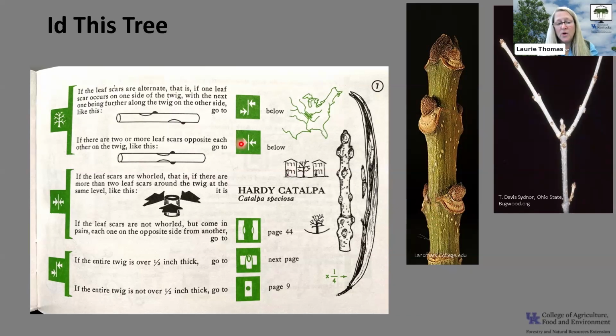So we're going to go below to the symbol, this next bracket where we've got the two arrows being opposite from one another. Now it's asking us a little bit more about the leaf scars to help narrow it down. It says if the leaf scars are whorled, that is if there are more than two leaf scars around the twig at the same level, it would be a catalpa. Or if the leaf scars are not whorled but come in pairs, each one on the opposite side from one another. Well, we only see two leaf scars. We don't see that third leaf scar here. So we know we don't have a catalpa. So we want to remember what our oppositely arranged leaf scars or buds symbol looks like and flip over to